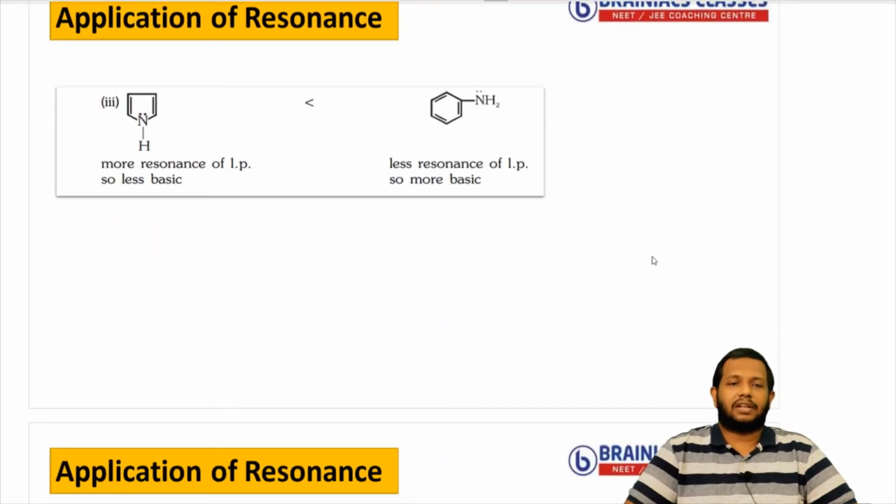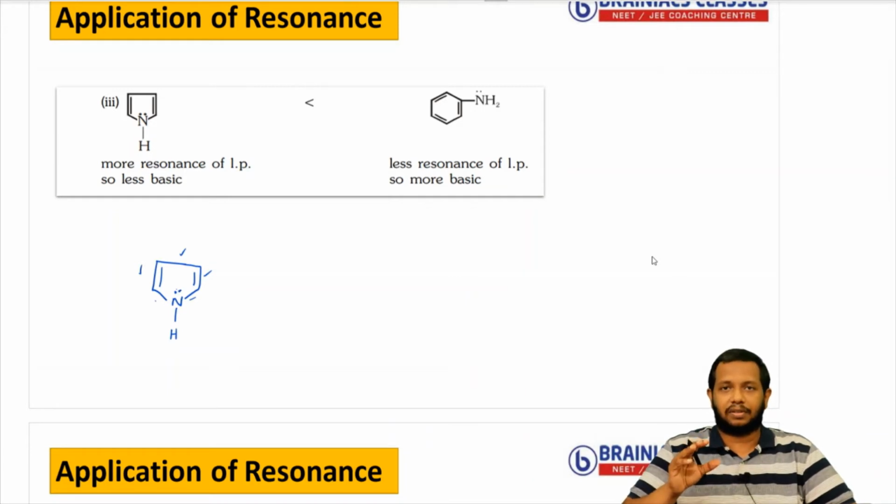So you can see the next question here. I can just draw it. If you see this one, I can say a nitrogen atom, again part of another ring. Then you have a hydrogen atom, and there is a pair of electrons on the nitrogen. But here the scenario is different. Now if you see here, double bond, single bond, double bond, single bond, lone pair, single bond. So this lone pair mandatorily needs to enter into resonance. There is no other way. Then only the conjugation will be complete.